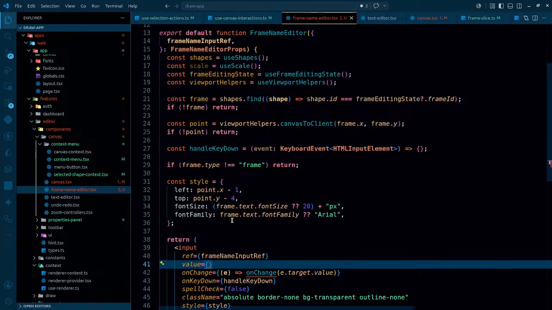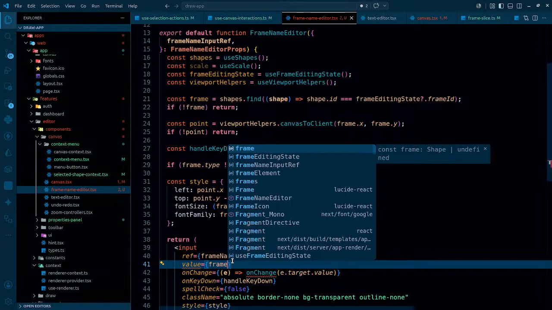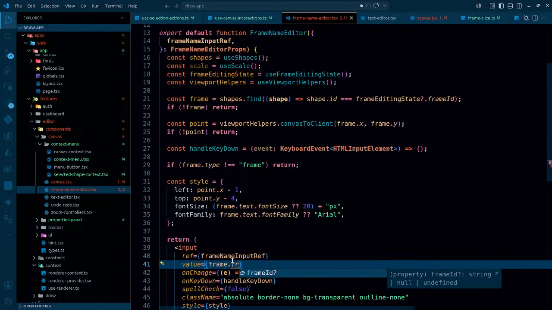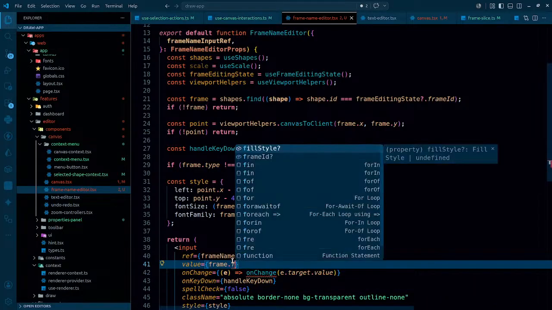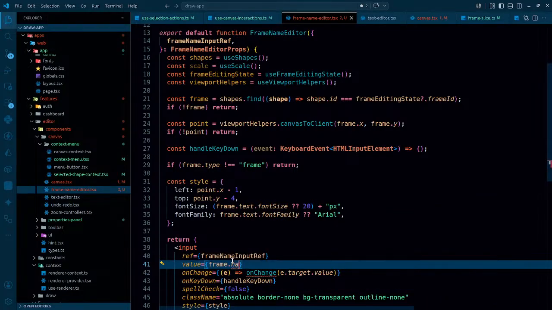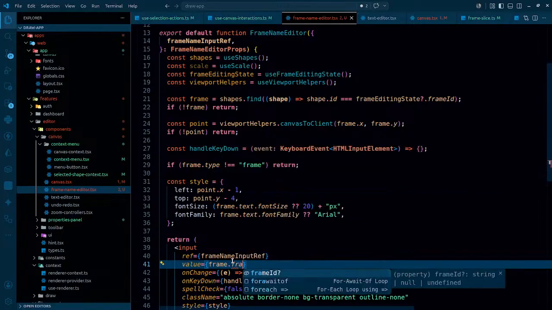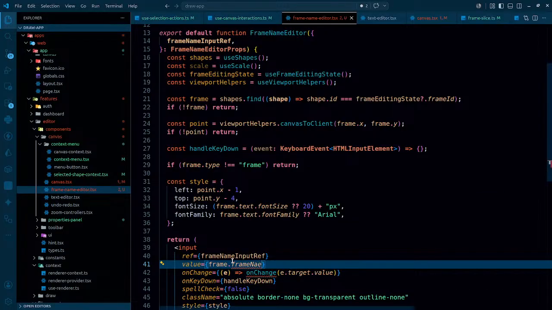Should that be the frame name or frame name? Let's do one thing, frame